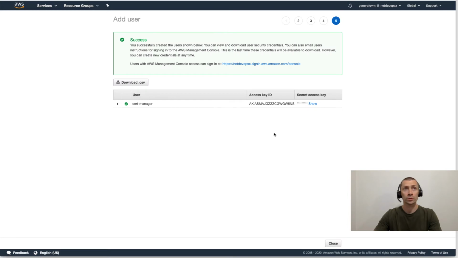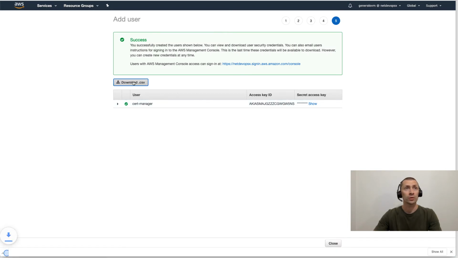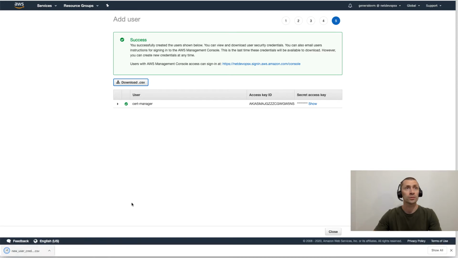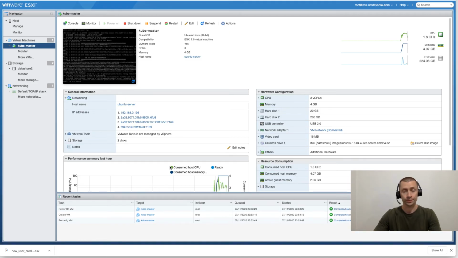Since we are going to use this through the REST API, let's download the credentials to a file, and next time we will go back to the AWS account just to verify how cert-manager works.